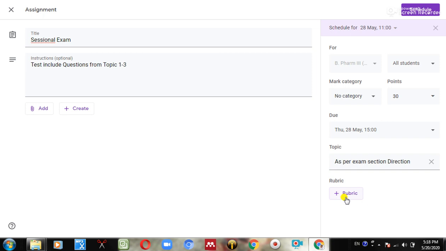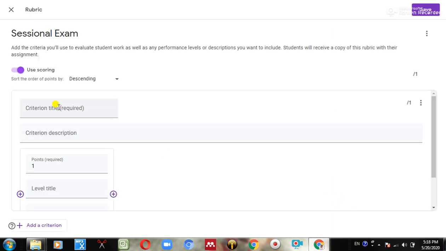Criteria for description, how you are going to evaluate, because in PCI or according to our test pattern, question number 1 is short answer or very short or definition part. So you can check with the definition, examples, sentence framing,